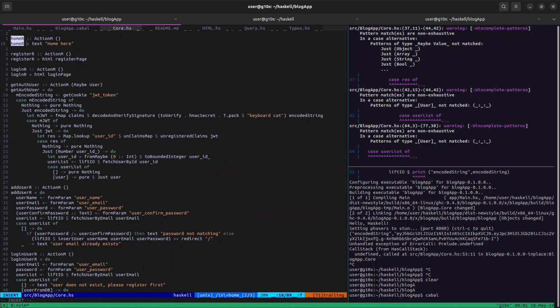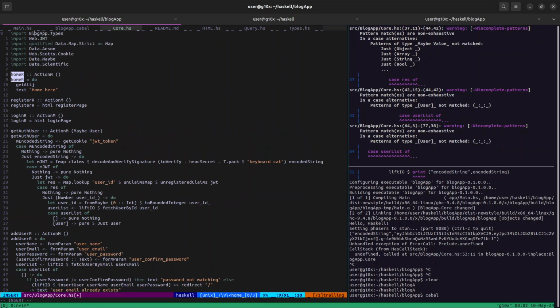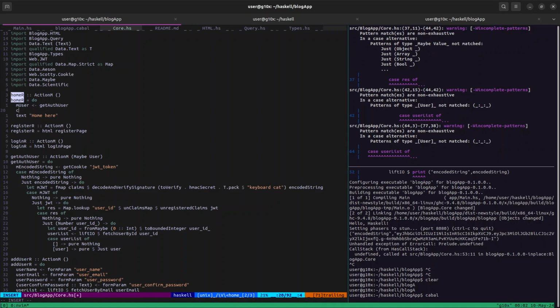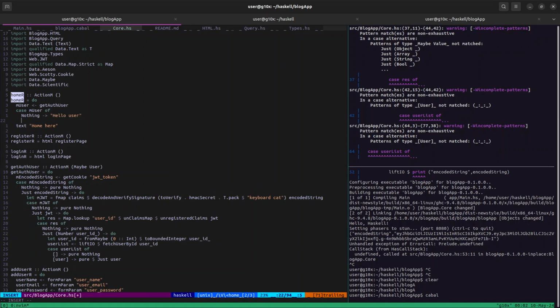So what I will do is I'm going to call get auth user, and it is going to give me a maybe user type. So is it a nothing? If it is a nothing, I'm going to say hello user. If it is some user, then I'm going to say